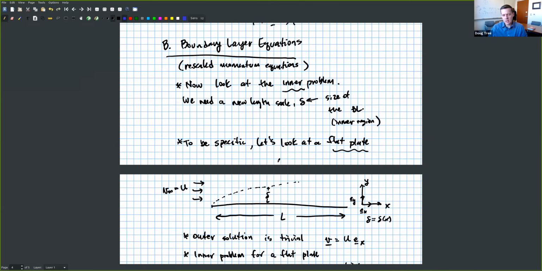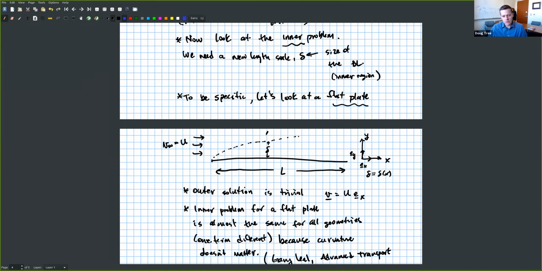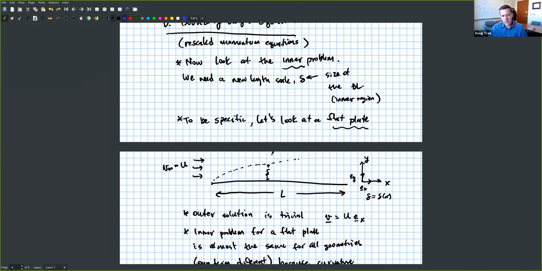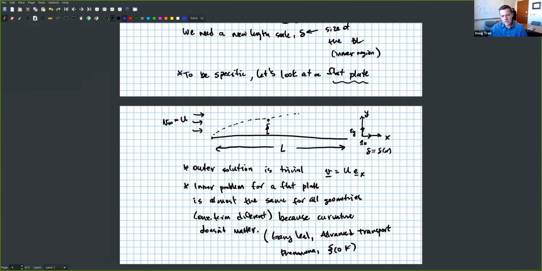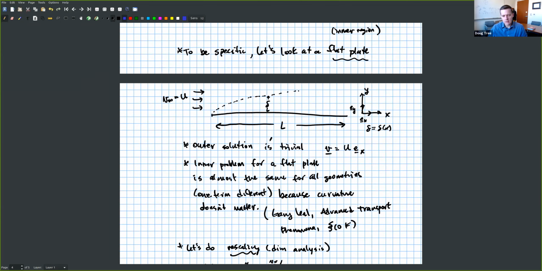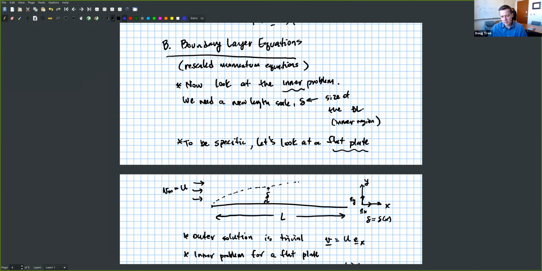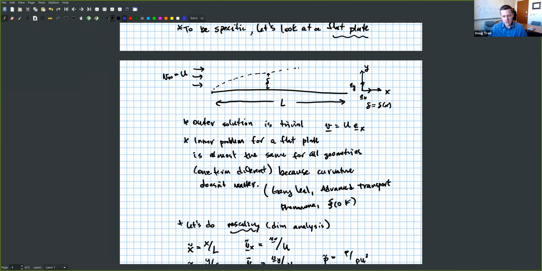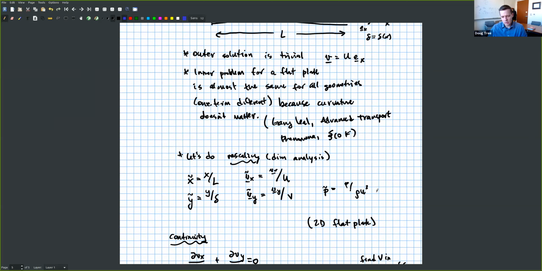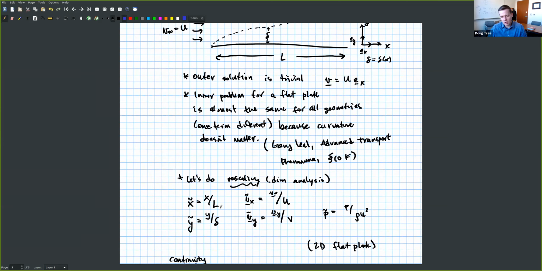And this was the same thing we did with singular perturbation problems before, where we zoom into the inner boundary layer region, and we need to rescale using this parameter delta. And so I said, to be more specific, we're going to do a flat plate problem. So I drew a flat plate and said the outer solution here is going to be trivial, with just the velocity of u. So we did a dimensional analysis where we said u was our scale for the x velocity, but the y velocity has some other scale we didn't know. The delta here was some scale we didn't know, and we scaled by the inertial scale